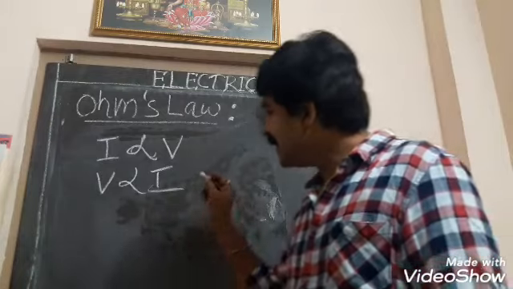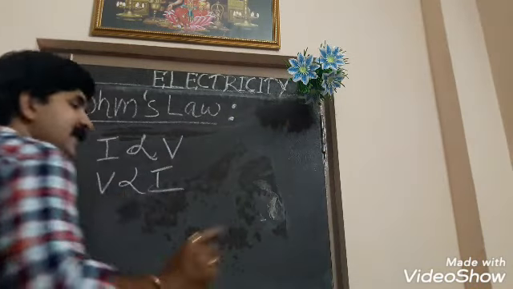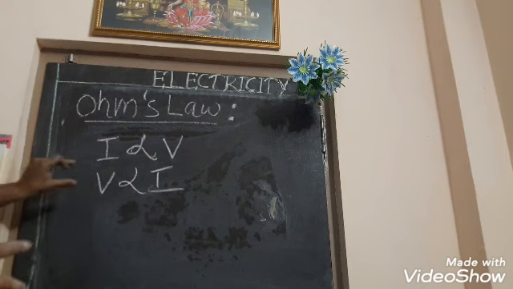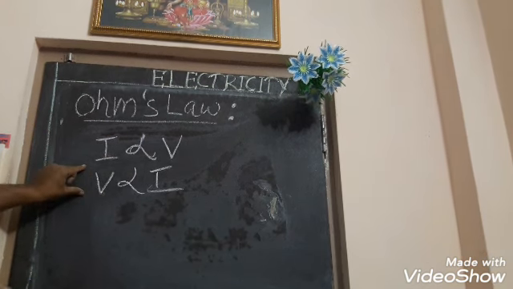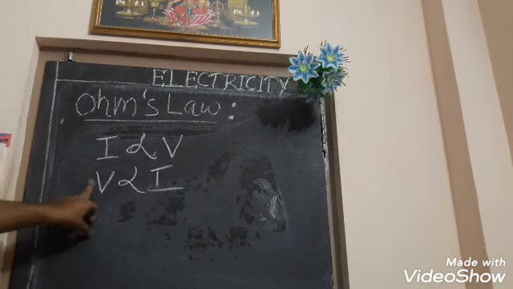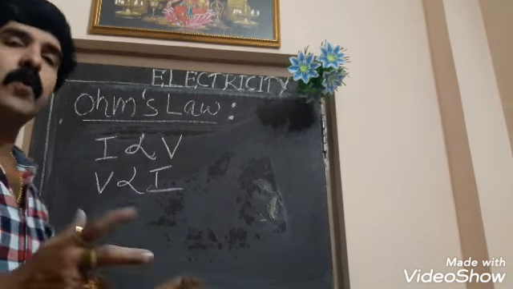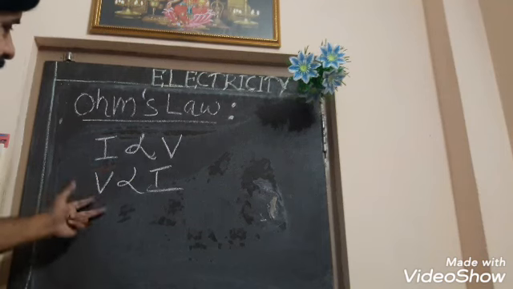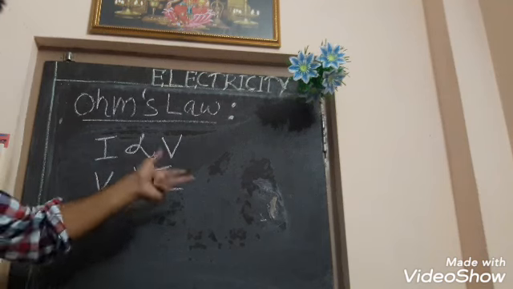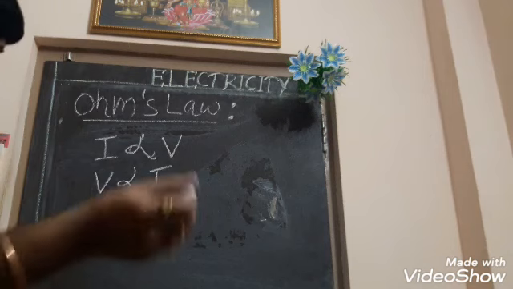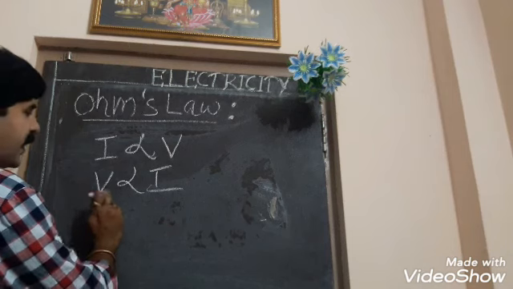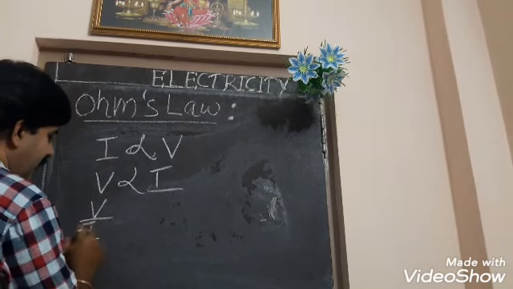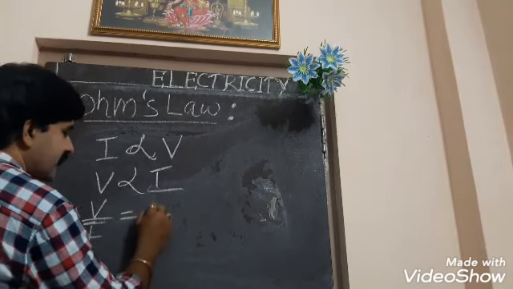So Ohm's law tells us that as we decrease or increase the potential difference, the current flow is affected directly and proportionally. If you increase, it will increase. If you decrease, it will decrease. And now you see, when V is proportional to I, V by I is always a constant.